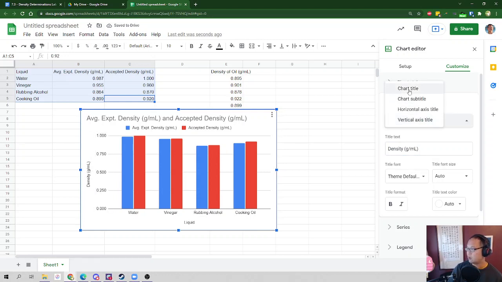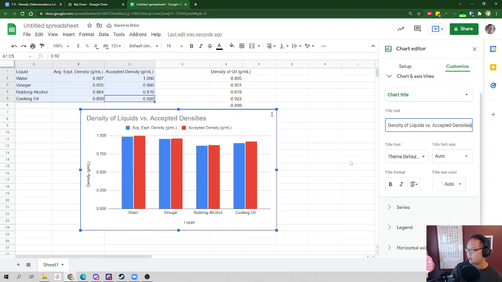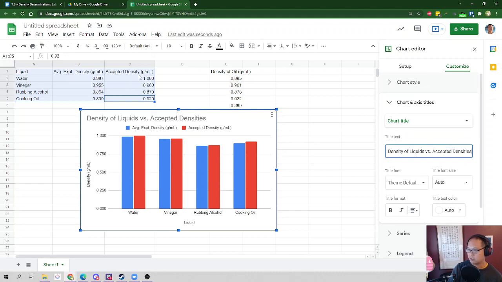All right, and if I want to change my chart title, I could change it. I could be like density of liquids versus accepted densities, or whatever. You can call it whatever. I mean, call it something that you think is descriptive. But anyway, again, I just highlighted the whole thing and then insert chart. Okay, and then Google Sheets pretty much did it for me, but I just need to check to make sure I have all my labels in there